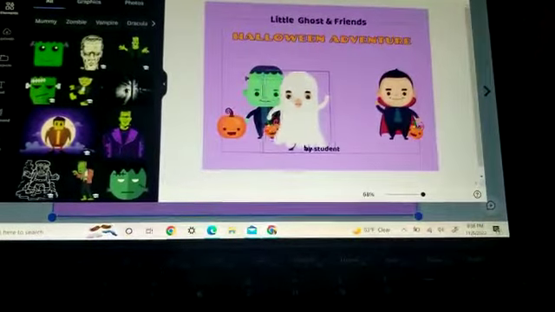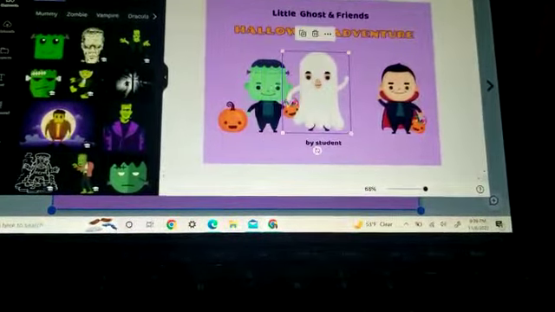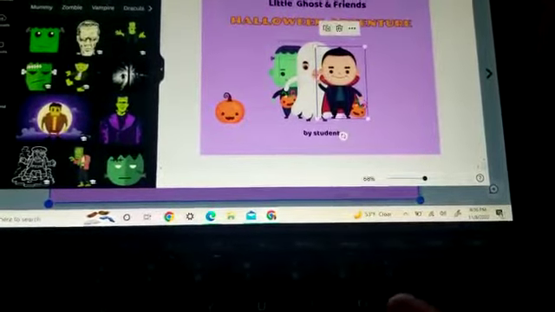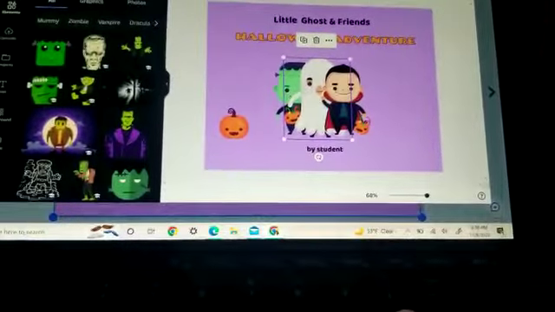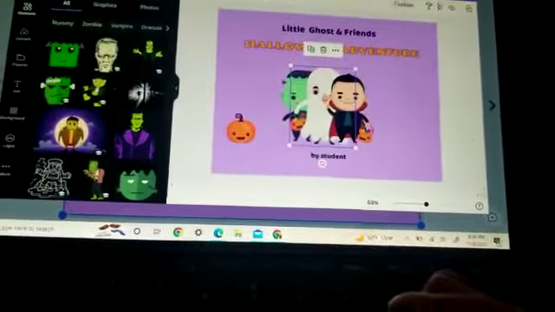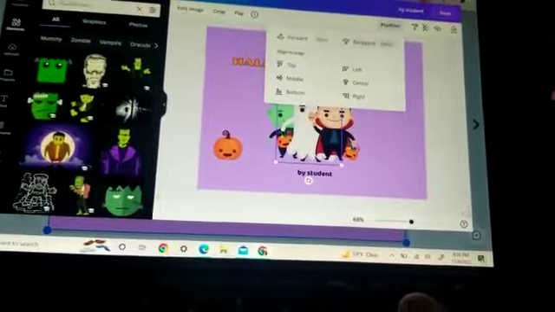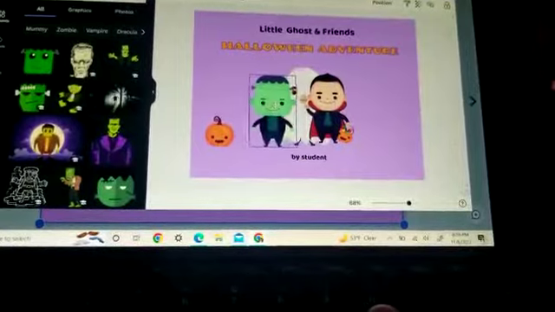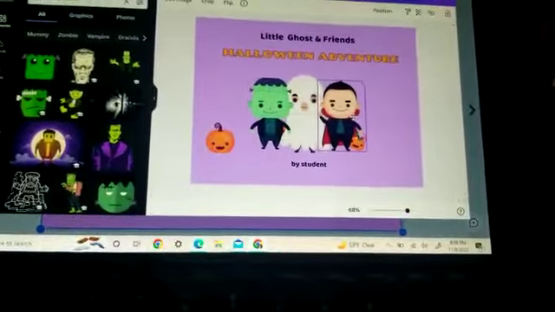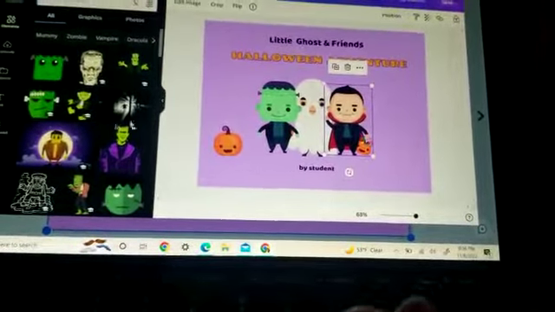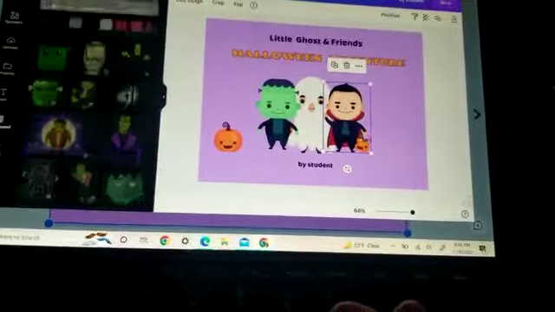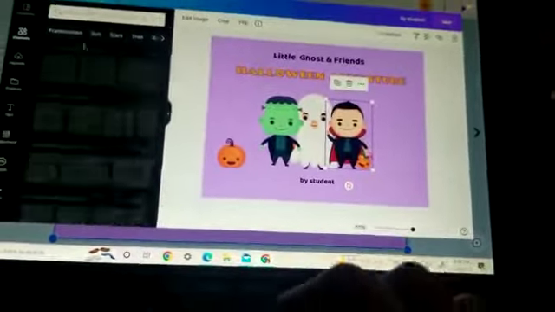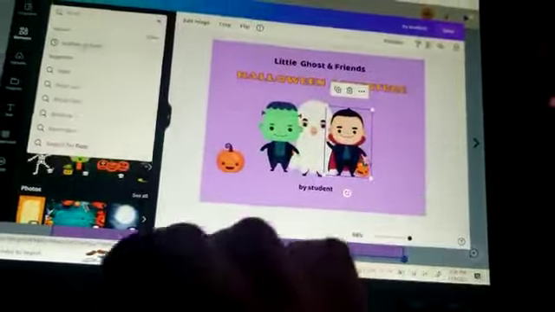If you wanted to overlap your characters or bring them together like this somehow, right? You can do that. And let's say you wanted to bring the ghost to the back. You can go to position here and then you click backward. So now he's hidden in the background and it causes layering. I have to do a lot of that. If you wanted to add floors, I went to elements and I put floors, and